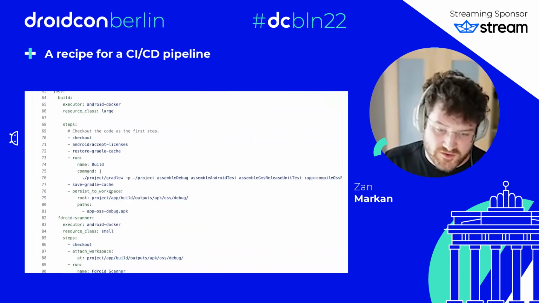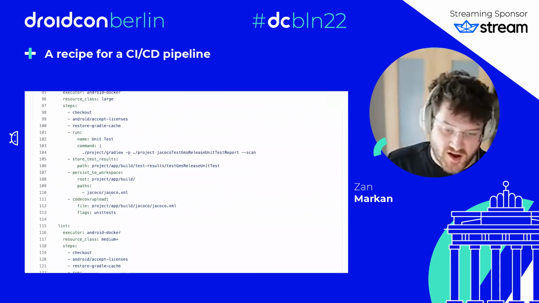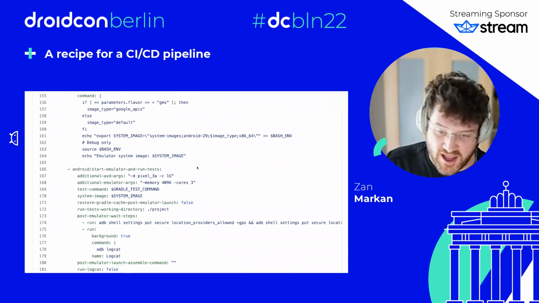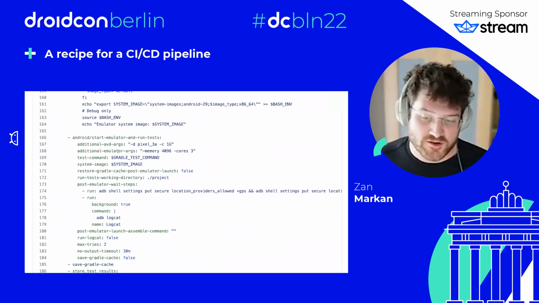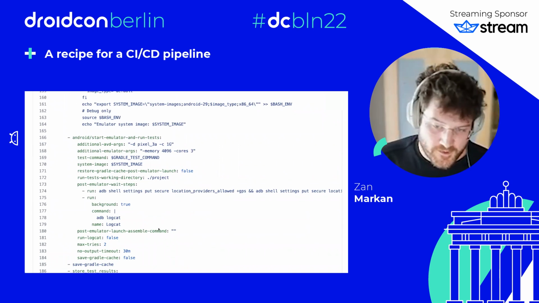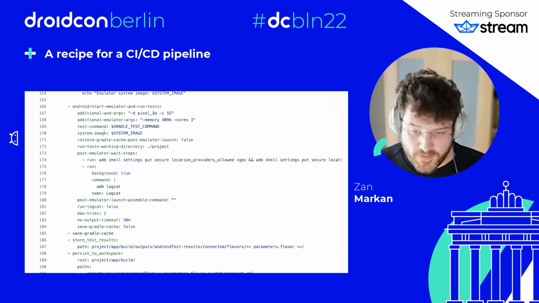And then you have utility jobs and commands that make things a lot faster. So for example, start emulator and run test. It'll basically do everything for you. So you specify what emulator you want, Pixel 3a, 1 gig of memory, what the test command is, and what system image we'll use. So